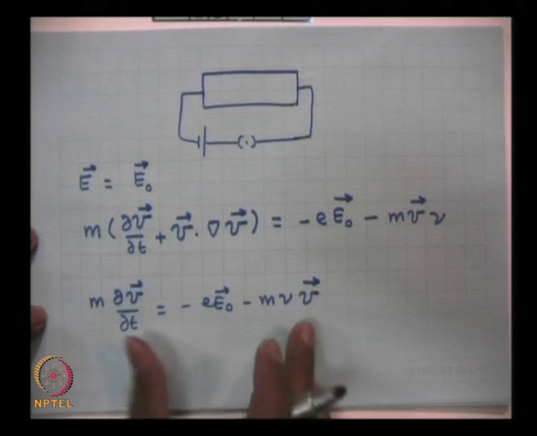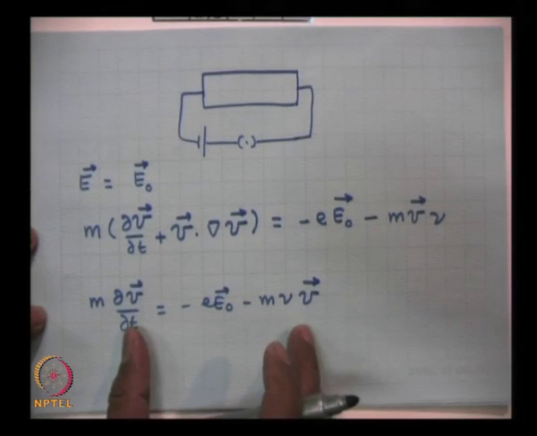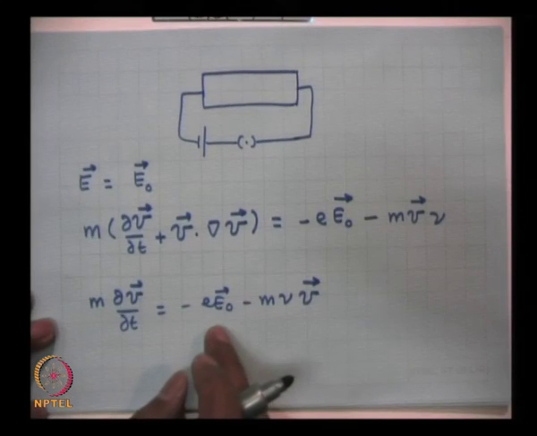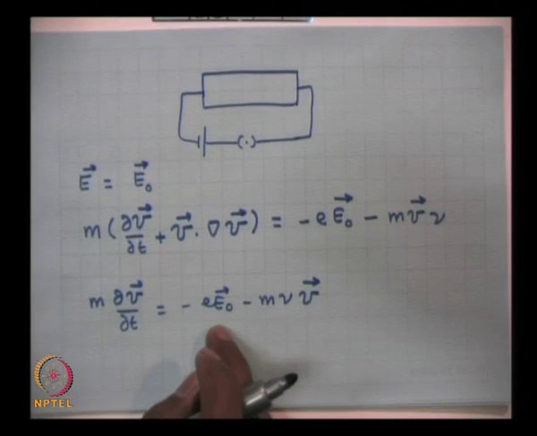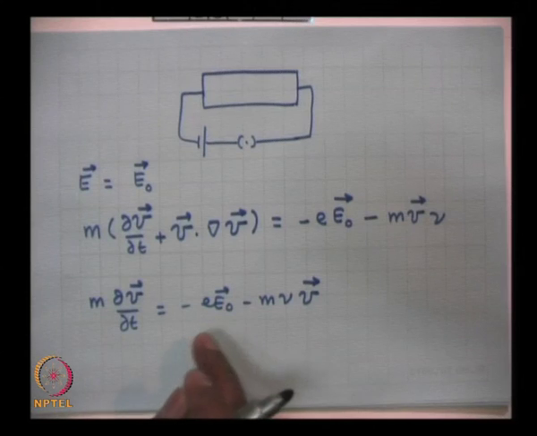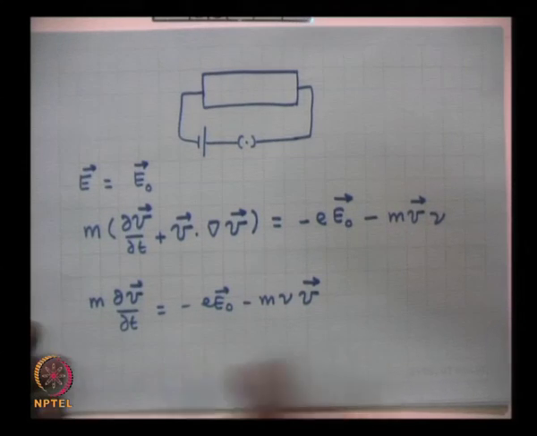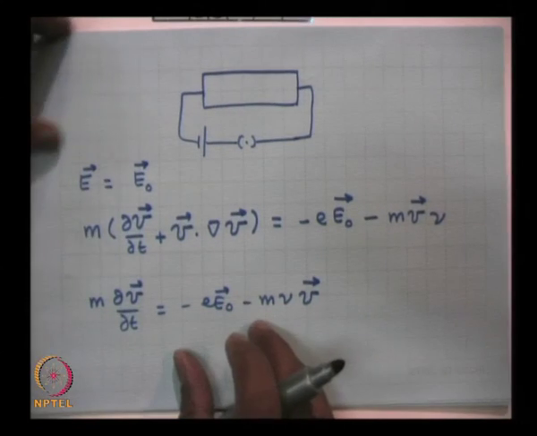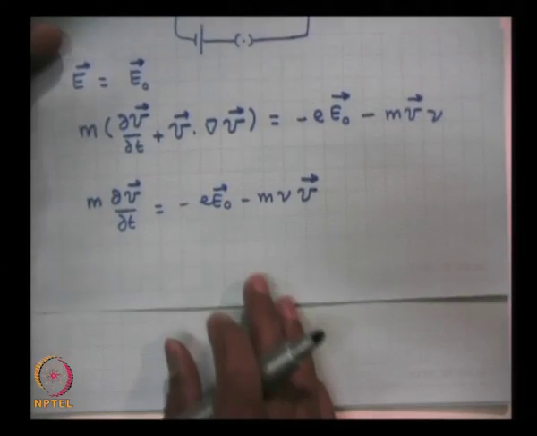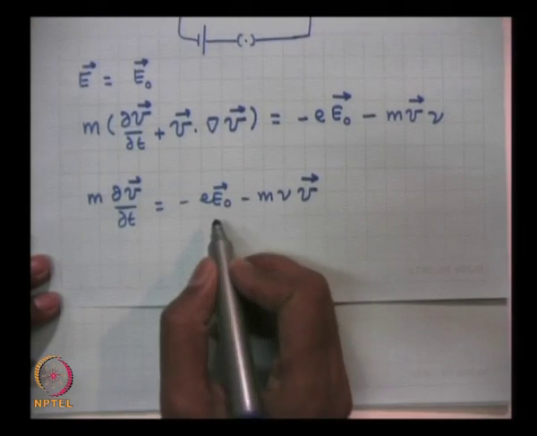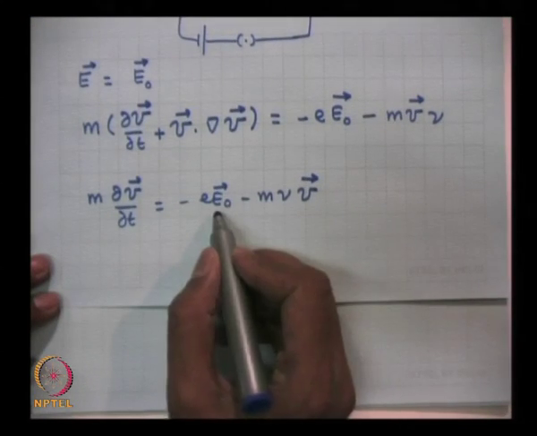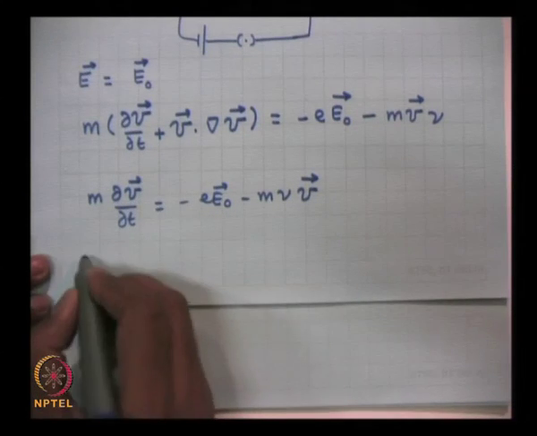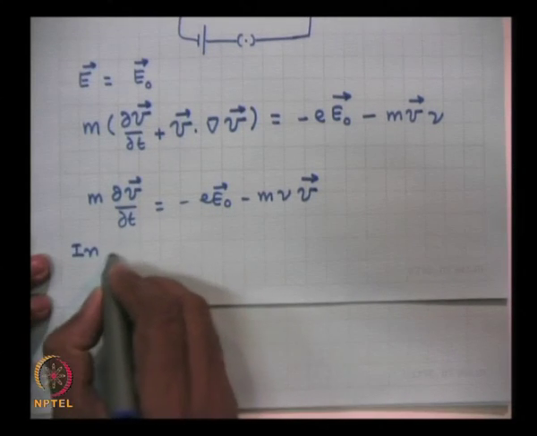Well, one can solve this equation exactly, it is a simple equation, but I am not interested in that much at the moment. As a problem, you can discuss that if at time t equal to 0 you switch on the electric field, how much time it will take for the velocity to acquire a steady state value. Well, we can do that problem later, but let me consider a steady state solution. A steady state is reached when these two terms balance each other. So, the velocity does not change with time.